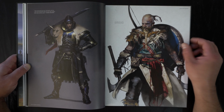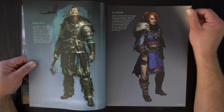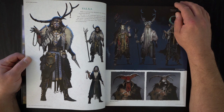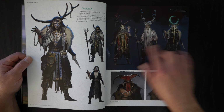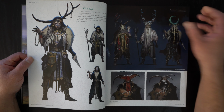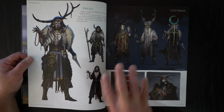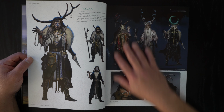Looks like he lost an eye. Really cool. Sigurd Randvi. Ooh, Valka. Now we can start getting into shaman magic and witch doctors and necromancy, right? Again, if you need to use this and figure out how it weaves into Dungeons and Dragons, weave it into